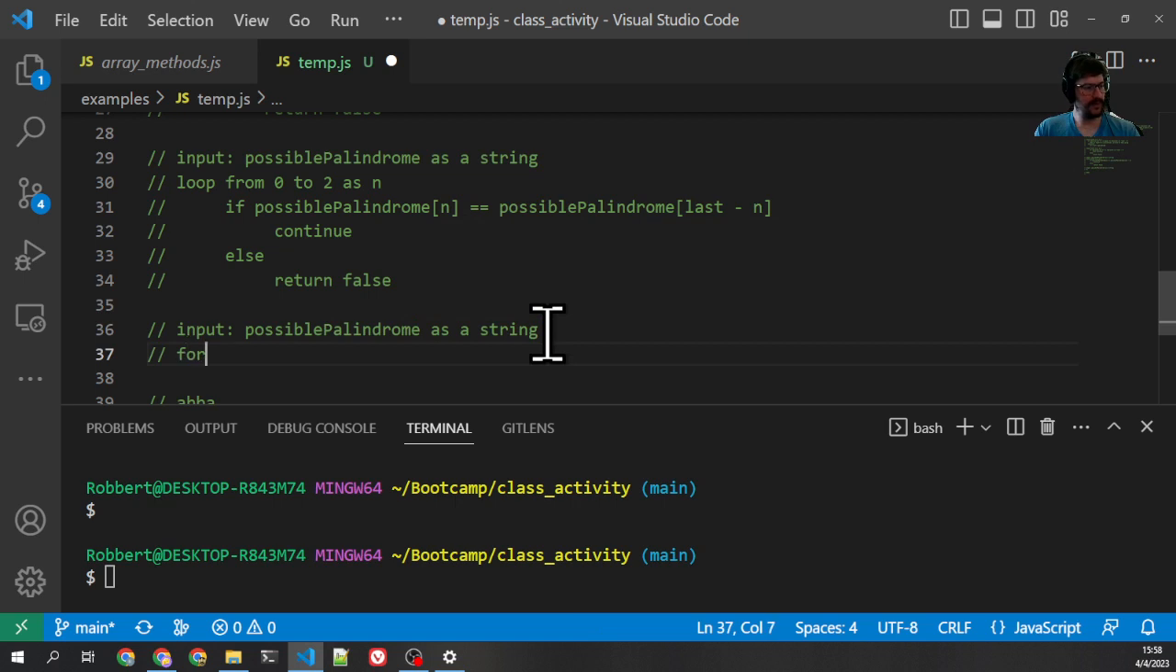Now let's do our loop. For. Okay. Now, what are the three parts of a for loop? We know the first one is the initialization phase, where we initialize a variable that's going to be used as our loop counter. Here we're using n, so I'm just going to keep it here. N equals 0. Loop from 0 to 2 as n. That becomes for n equals 0,